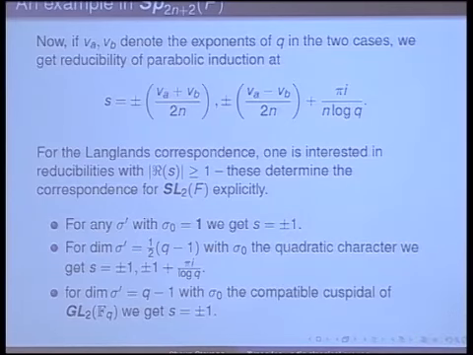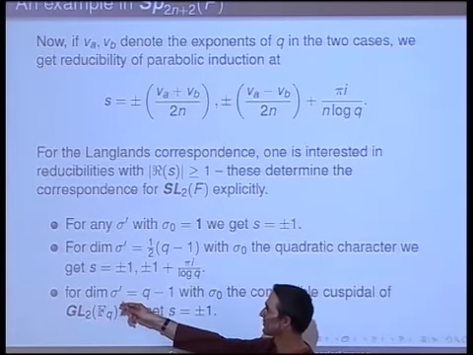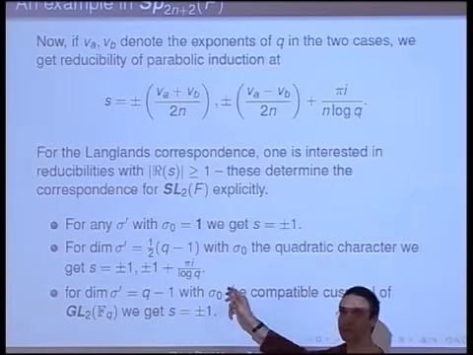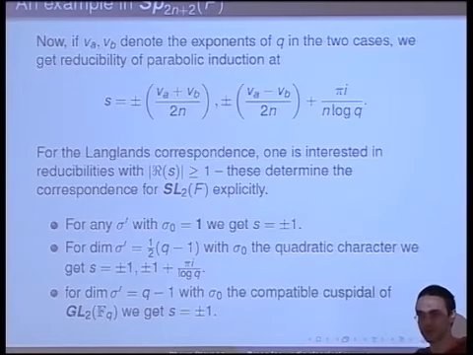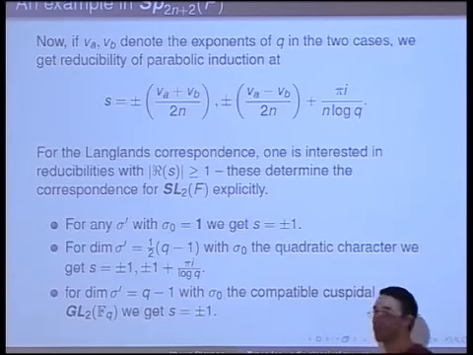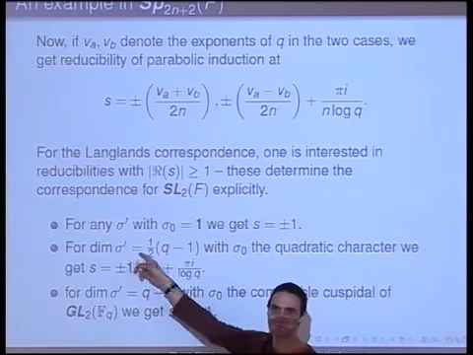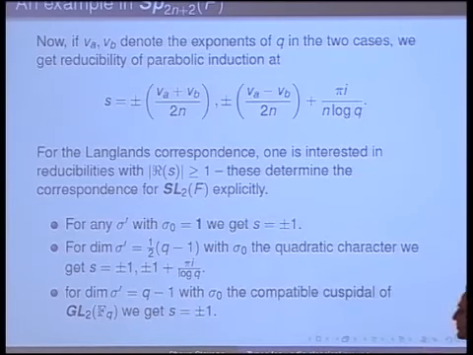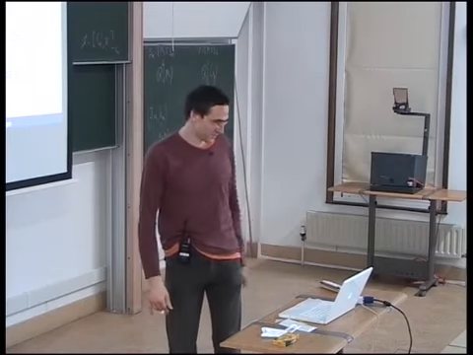And finally, if we don't have an exceptional one, but in GL2, we have the one that I said was somehow compatible, so the one which made a difference, then you also get reducibility at plus or minus 1. And it's interesting that this compatibility condition never applies with these cuspidals. So you can never have a compatibility with those cuspidals.